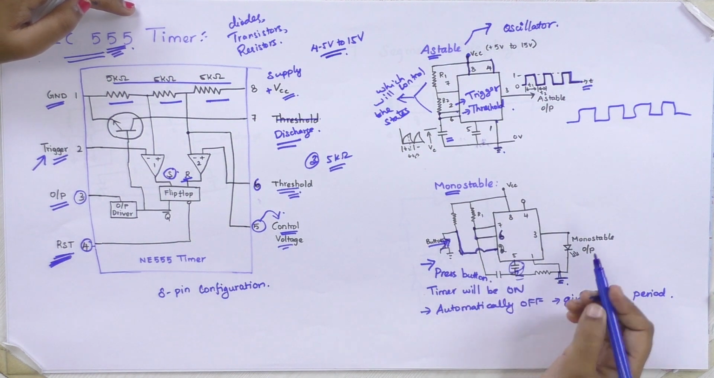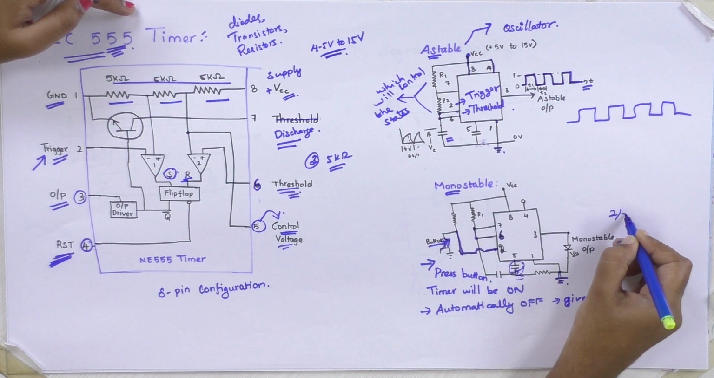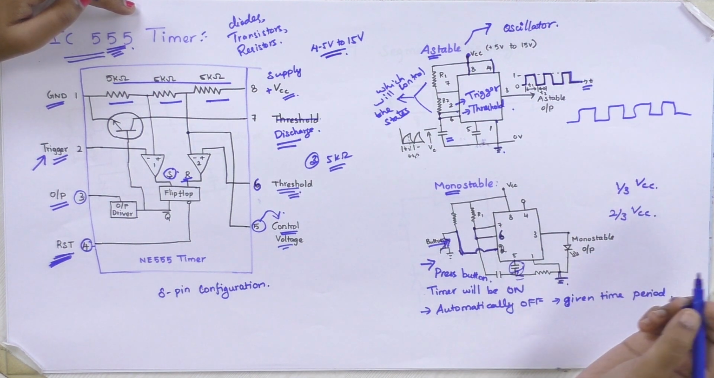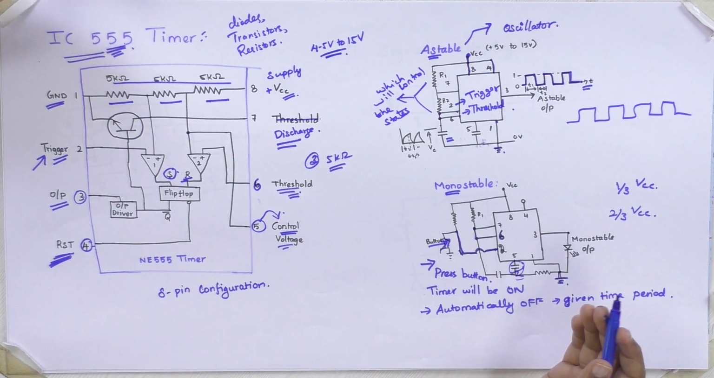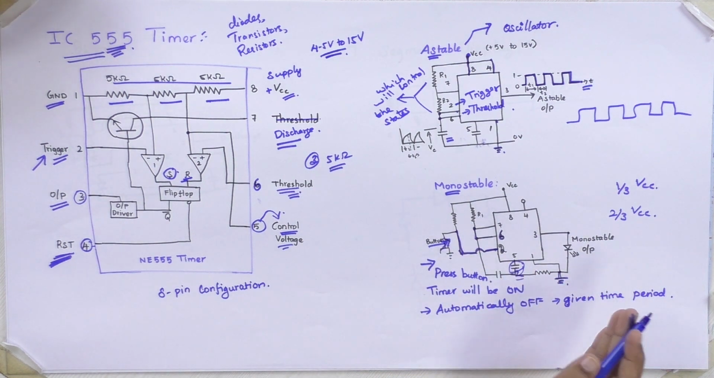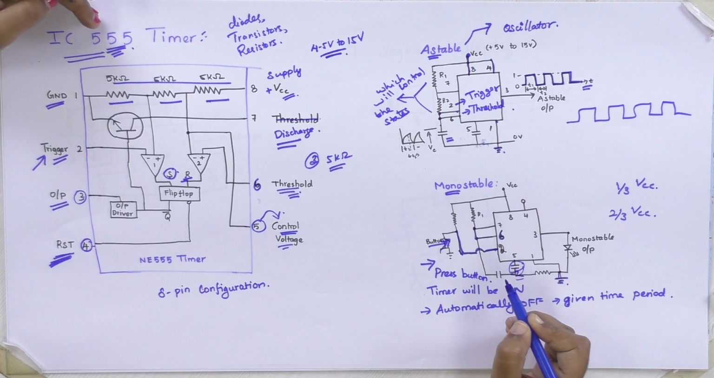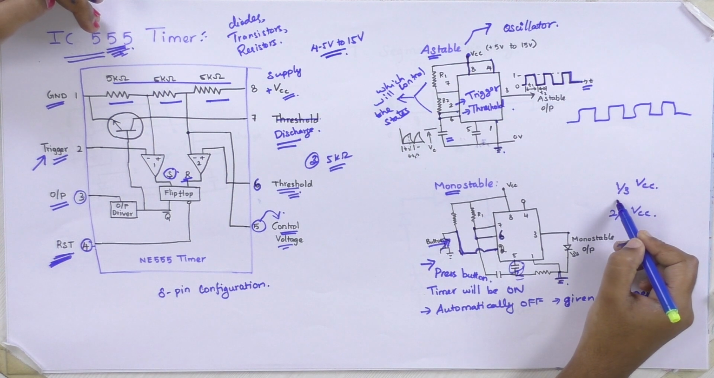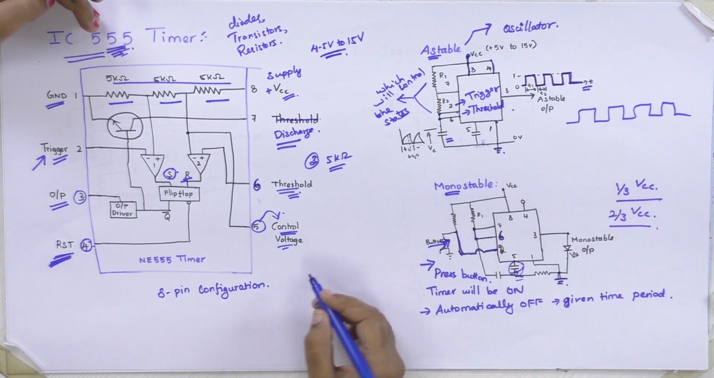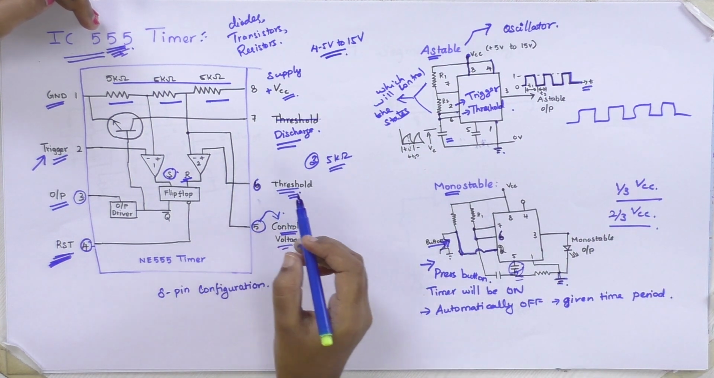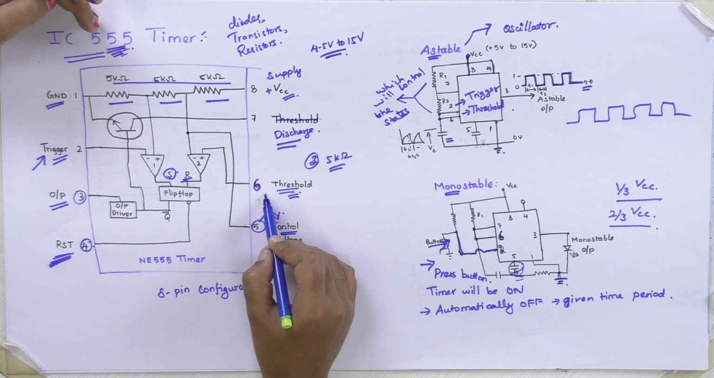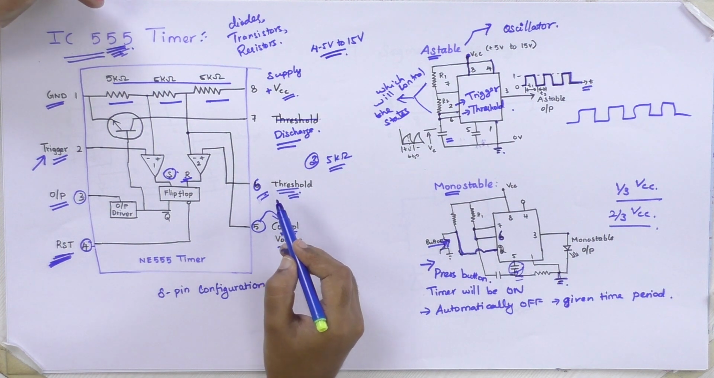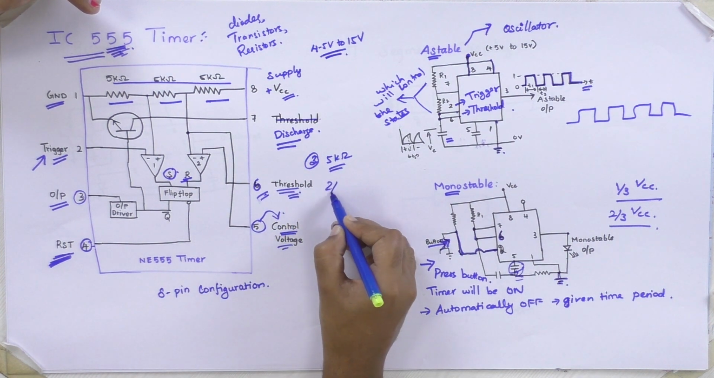Once it reaches 2/3 VCC, your capacitor will automatically change its state from charging to discharging and discharging to charging. In monostables, in all the states of the 555 timer, there is a control voltage, as I said. When the capacitor connected across the threshold, or when pin 6, reaches greater than 2/3 VCC,